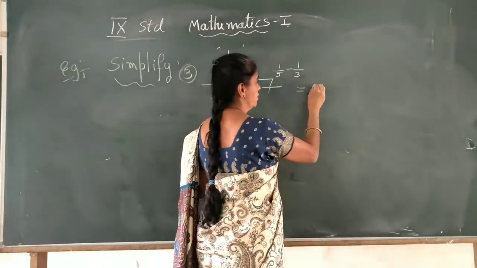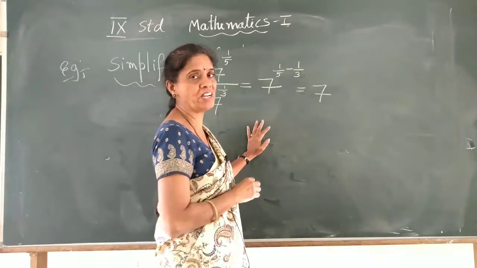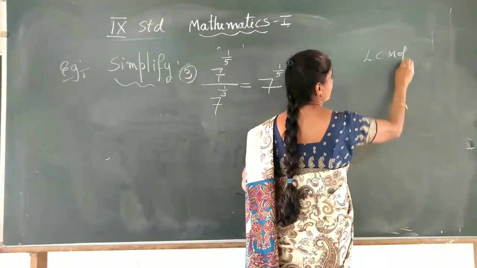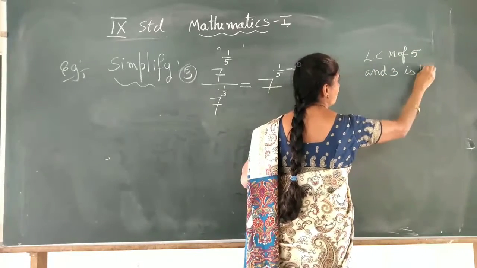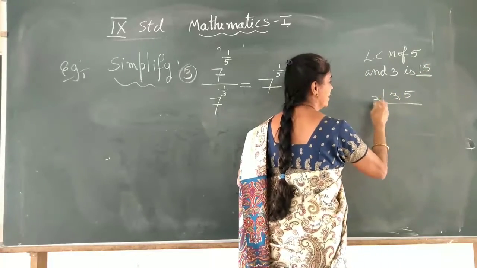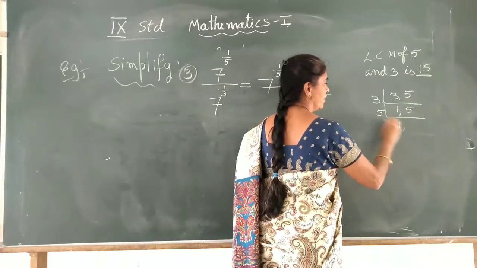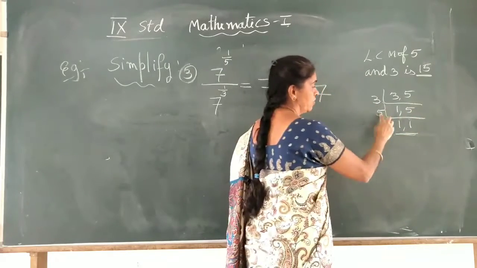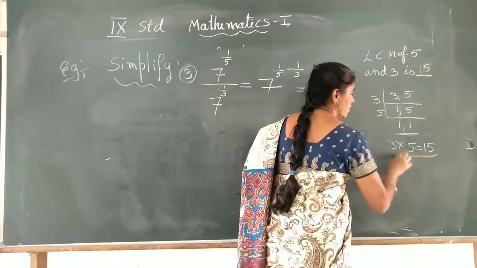So it is equal to, now here 5 and 3 are the denominators. You have to find the LCM of 5 and 3 to make it common denominator. So, LCM of 5 and 3 is 15. How to do? 3, 5 divided by 3, 1, 5 divided by 5, 1. It won't divide, right? 1 only. 5 divided by 5 is 1 time. So, you stop when you get 1 and 1 here. So, 3 into 5 is 15. So, 15 is the LCM.